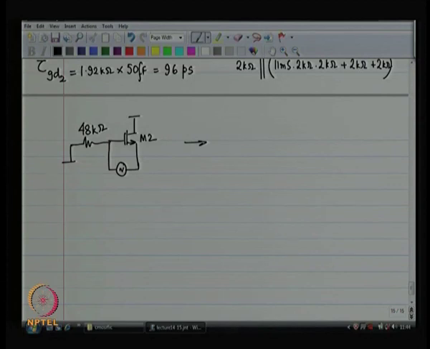You make the ground as the gate, make the gate as the ground, and that is going to mean that this is what I have got,